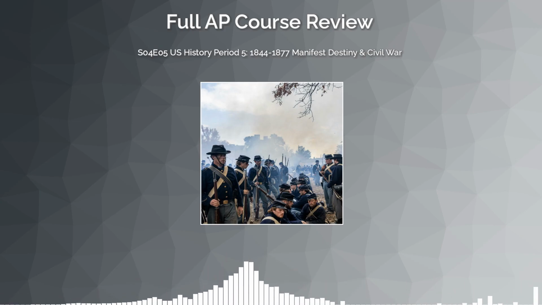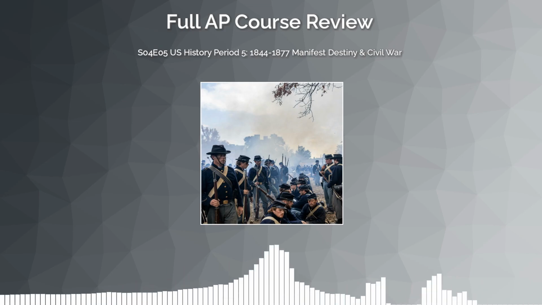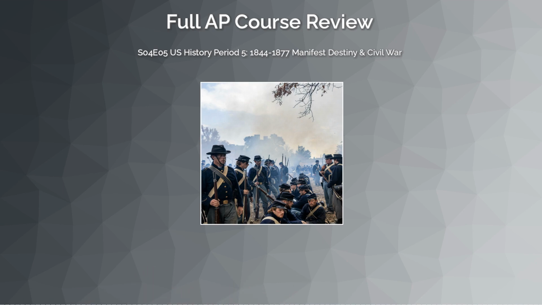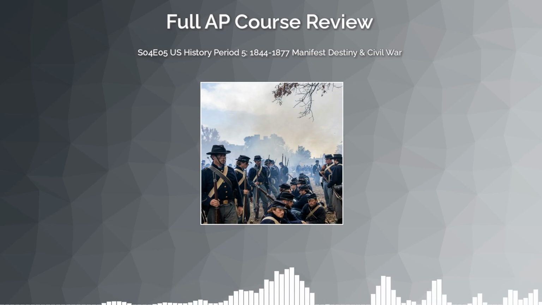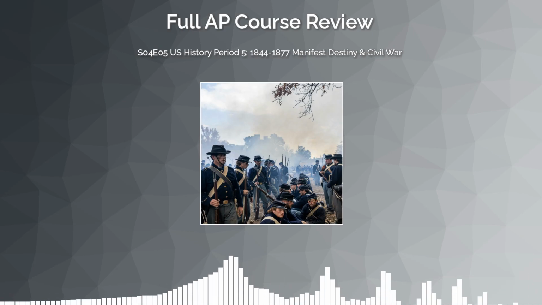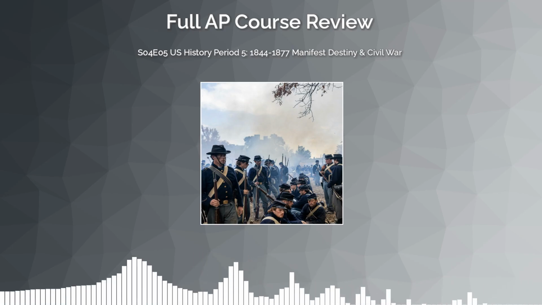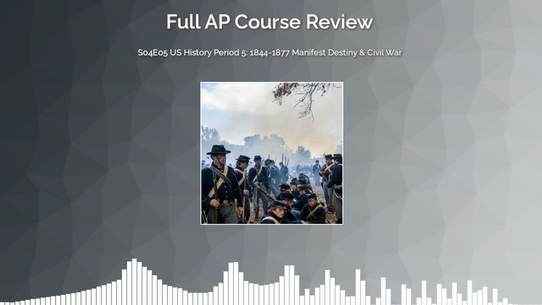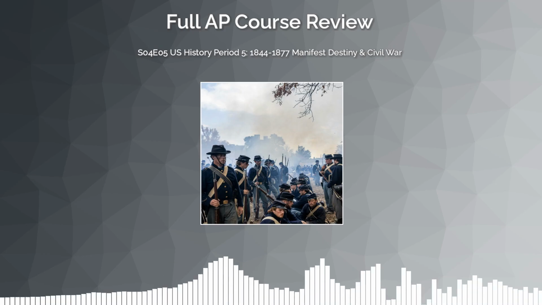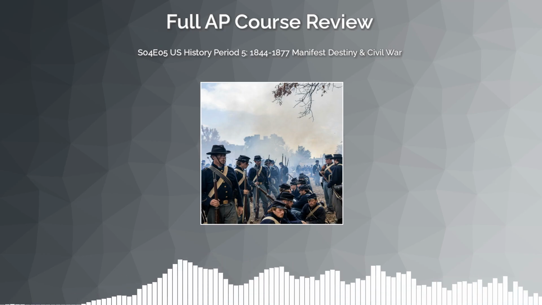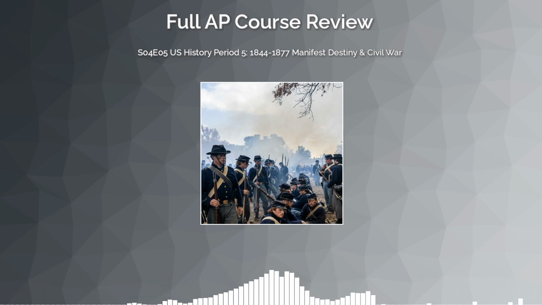And Southern leaders are increasingly constructing elaborate ideological defenses of slavery, calling it a positive good rather than a necessary evil. A common AP pitfall here is treating the Civil War as inevitable or as if it had to happen exactly when and how it did. Avoid that trap. The exam rewards students who can show how specific decisions, compromises, and failures made conflict more likely over time. The Compromise of 1850, the Kansas-Nebraska Act, the collapse of the Whig Party, the rise of the Republican Party. These aren't just dates to memorize. They're dominoes falling in sequence.